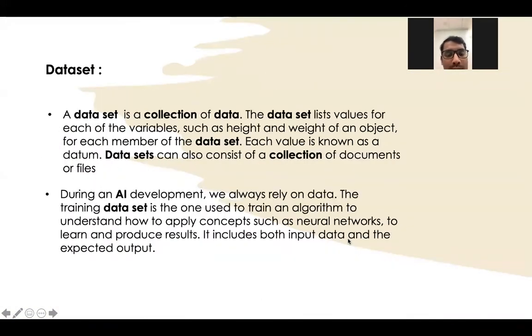Coming to our part, the dataset. A dataset is a collection of data, such as the variables height and weight of the objects for each member of the dataset. A dataset consists of different columns or files. In this AI development program, we have used the dataset to train algorithms to understand different concepts, such as neural networks, to learn and produce different results. Also, it includes the input data and the expected output. Now we go to the next slide,